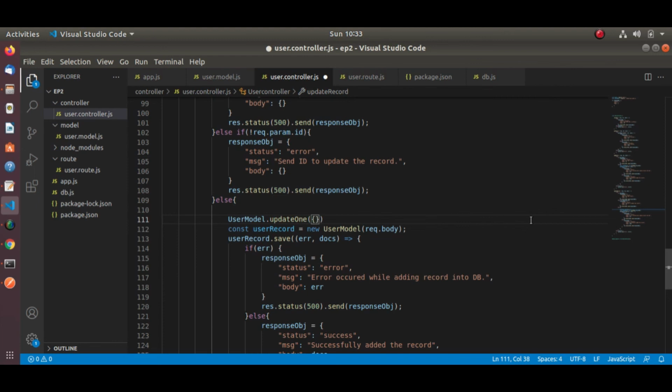Our first param is the condition. Second is the body part, whatever we want to update. Then our callback. You can also add the options. Here I am not adding. Then we will write our callback.